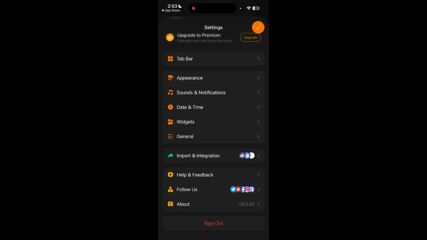And under this bottom, we can also find this help and feedback. This section is usually accessible from this menu setting. It provides structured guidance for common tasks, including tutorials, frequently asked questions, FAQ, and step-by-step instructions, and users can search for a specific topic such as setting up tasks, adjusting notifications, or syncing calendars here. And some apps also provide contextual help, where a small help icon appears next to the features for instant guidance. And this section is designed to be self-service, allowing users to resolve issues independently without waiting for direct support